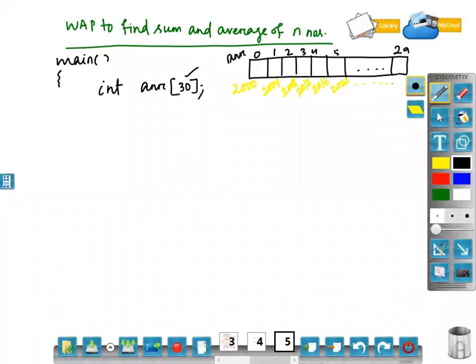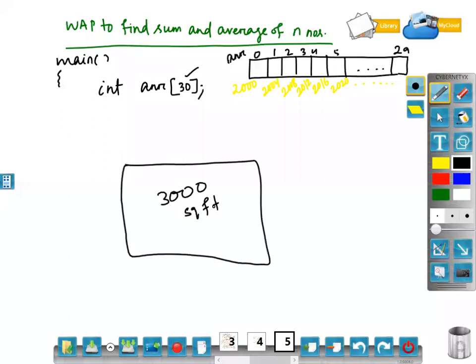Let me give you an example. Suppose once you do a job, you will save some money, and now you are thinking to buy a plot at your place. Suppose you are buying 3000 square feet of a plot.